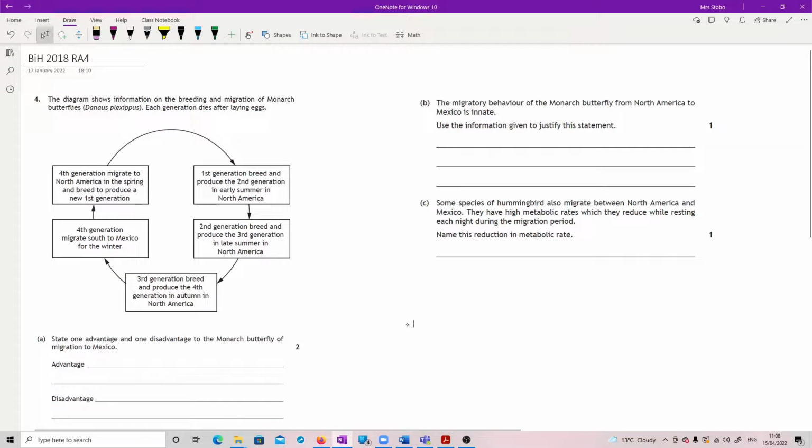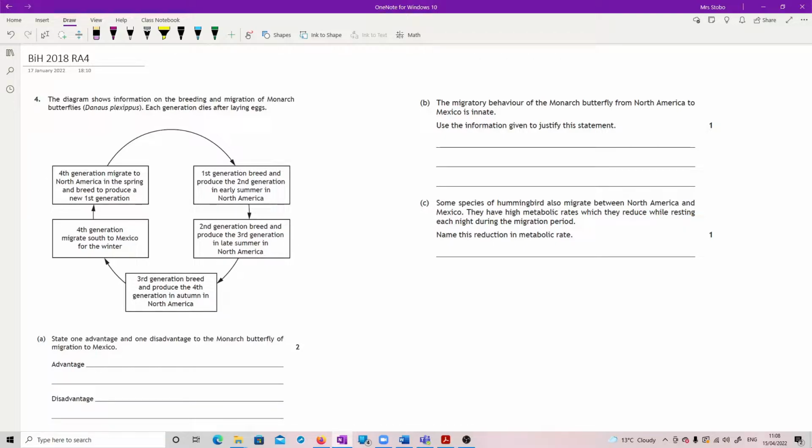Of monarch. Okay, question 4. Diagram shows information on the breeding and migration of monarch butterflies. Each generation dies after laying eggs. Okay, and we have it starts with the first generation, breed, produce the second generation in North America, and then the